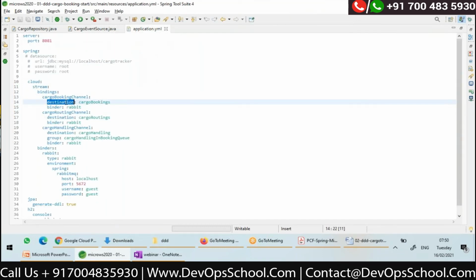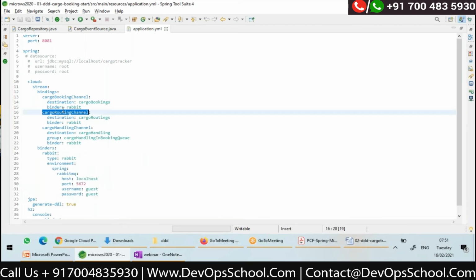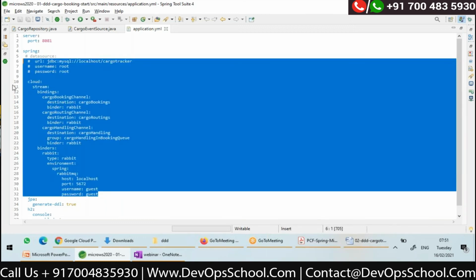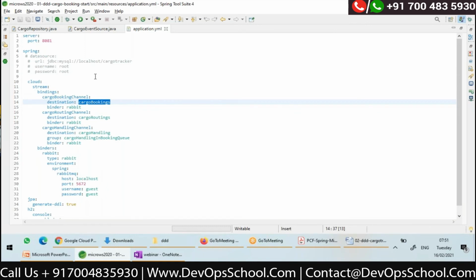This is mapped to a destination called cargo bookings, and the binder is Rabbit. Here is my configuration to connect to Rabbit. Similarly, cargo routing channel is mapped to cargo routings. Cargo handling channel is mapped to cargo handling. So here I wrote the binding of channels to destinations.